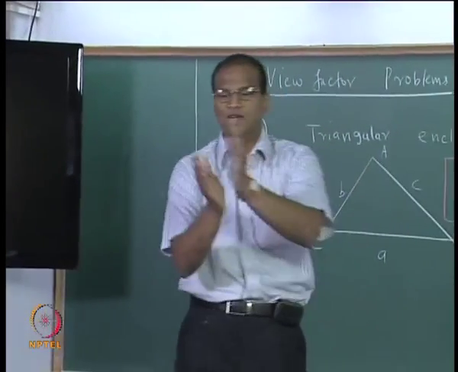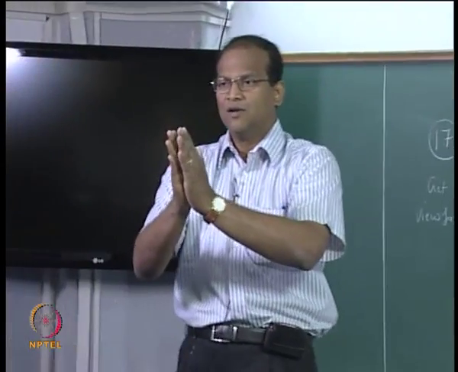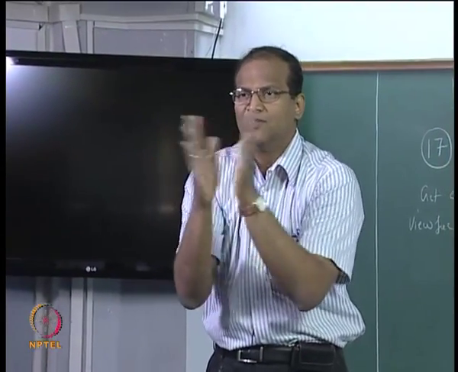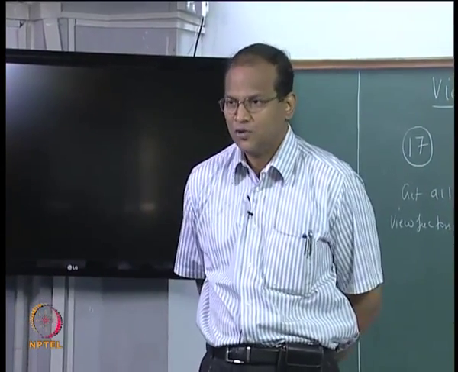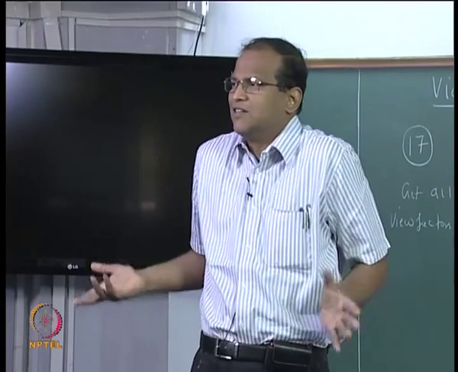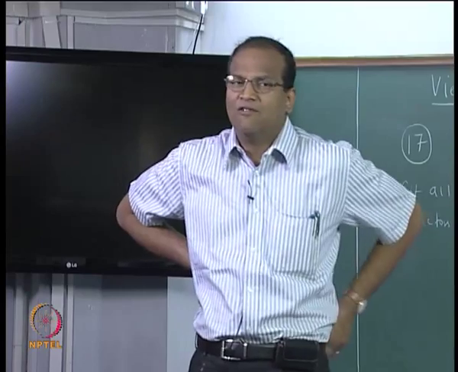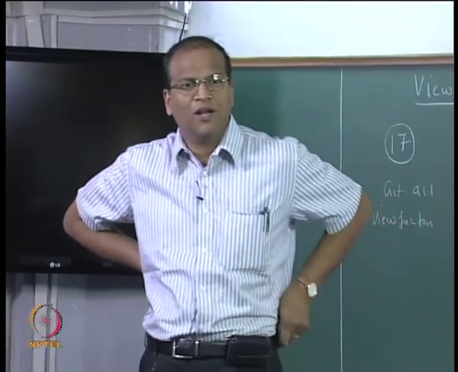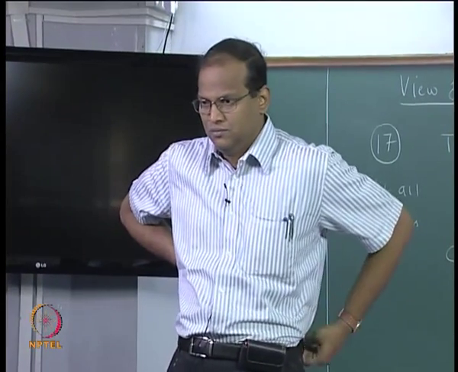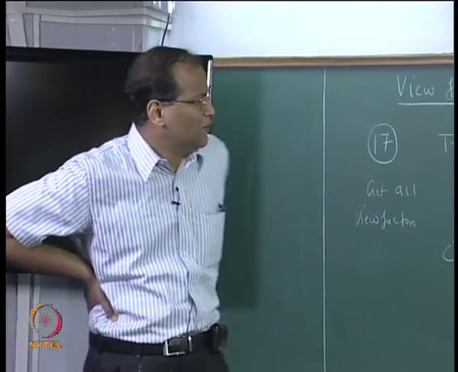Alpha is equal to 180 means the wedge will open like this, and this fellow and this fellow are not seeing each other. So when alpha is equal to 180, there is no interaction between them. Therefore sin alpha by 2 will be sin 90, that will be 1, minus 1, it is 0.